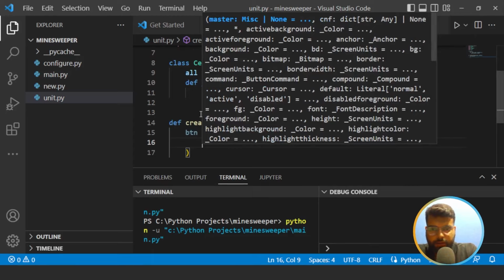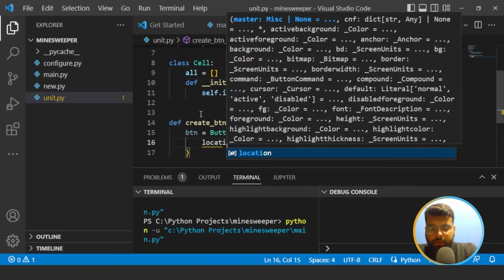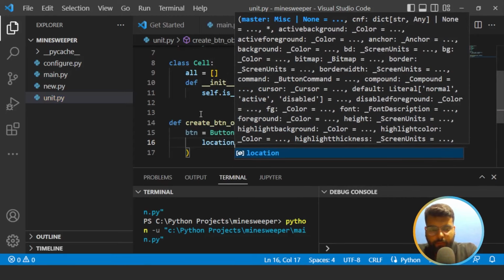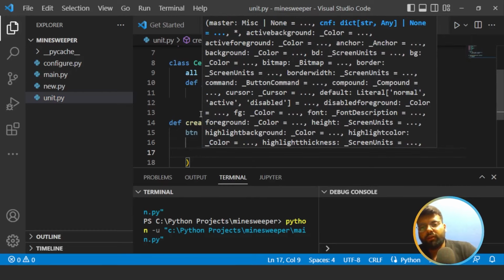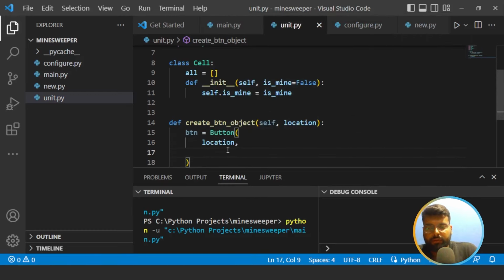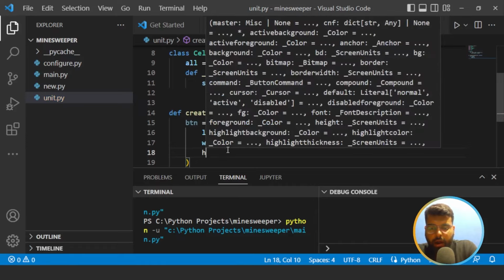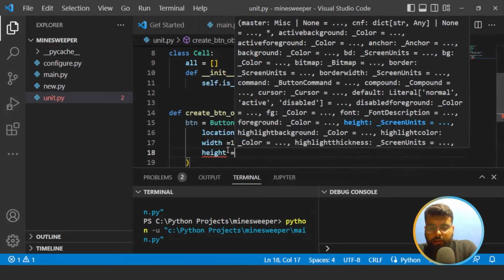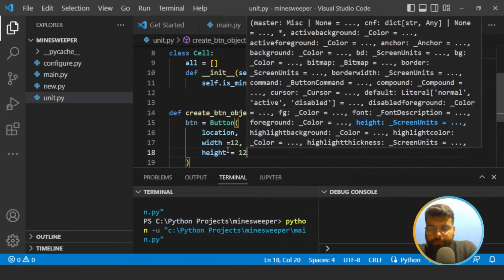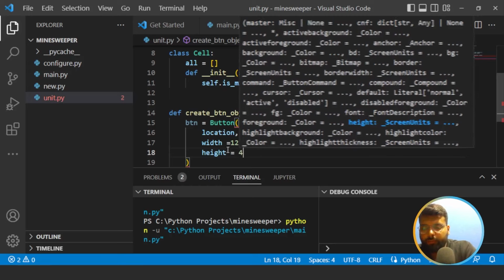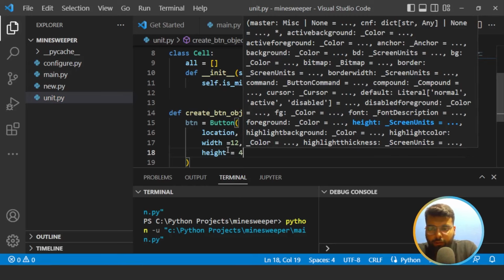And inside this widget, first we'll pass the location, and I will tell you how we'll set the location for that, and that we'll set in the main file only. And we'll set the width, that would be equal to 12, and height, that would also be equal to 12, or no, height, I don't want to create the square buttons. So height equal to 4,